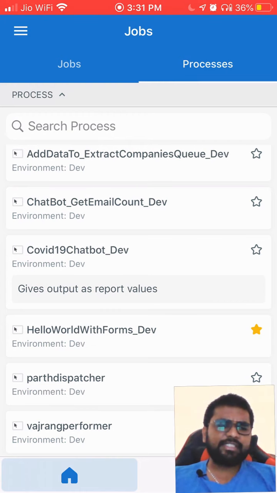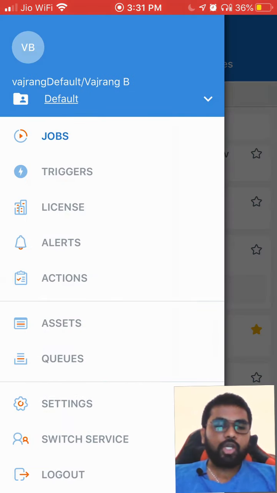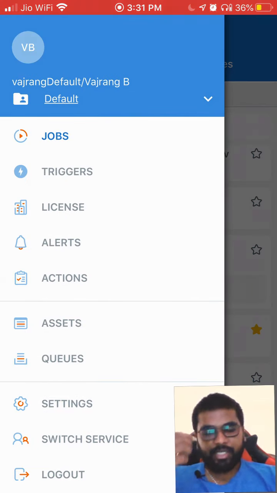In the next video, what shall we see? In the next video, we shall see how to add tasks. I think that should be the best thing to do, how to add actions, and if there are any actions, how can I trigger or how can I accept them from my mobile. That's what we can see.